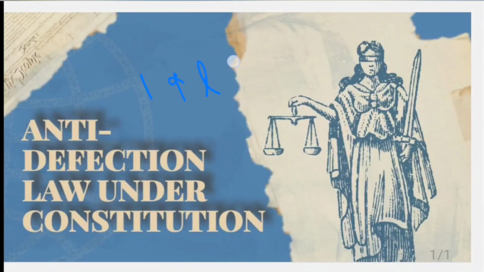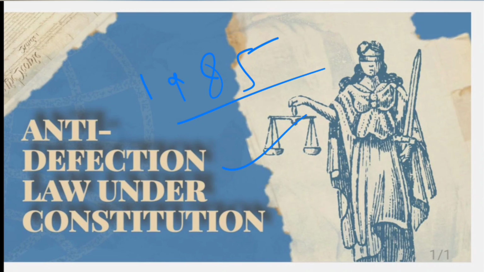In 1985, this law was introduced, called the Anti-Defection Law, and the object of this law was to counter the frequent cases of political party members, the members of parliament or state legislatures belonging to a political party, frequently changing their alliances. So to counter this,